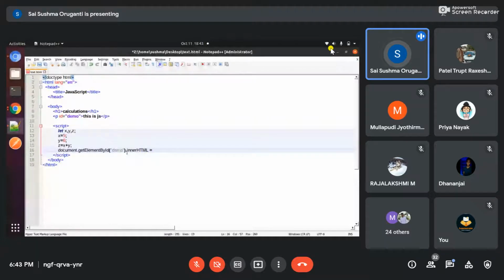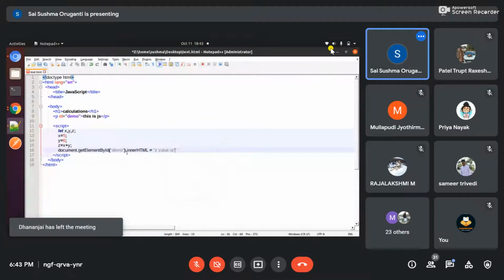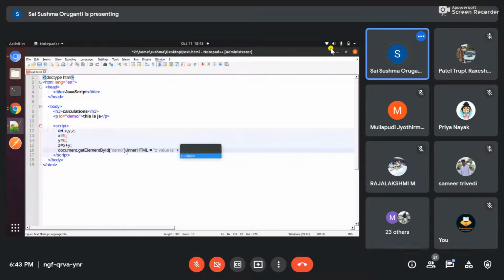We have to change to the get value, right? So I'm writing get value, which we have to concatenate. Plus is nothing but adding the z value here. I'll show you how it works.